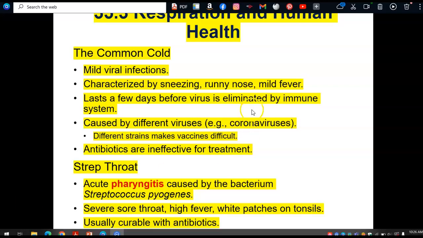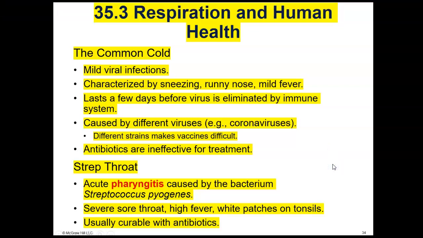These are the lecture notes for the last section of Chapter 35, which is Section 35.3 on respiration and human health. So Chapter 35 is on the respiratory system. We went over breathing, which is ventilation, and then external respiration, which is the exchange of gases between the lungs and the blood, and internal respiration, which is the exchange of gases between the blood and the tissues. So now we're going to talk about basically